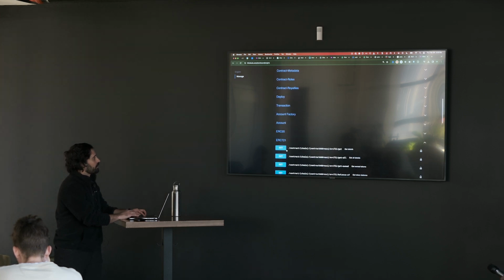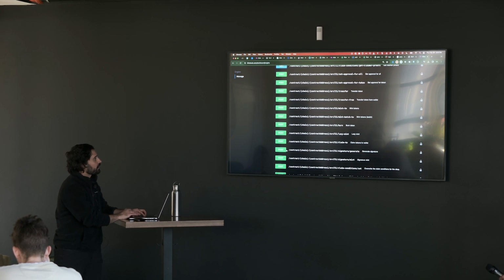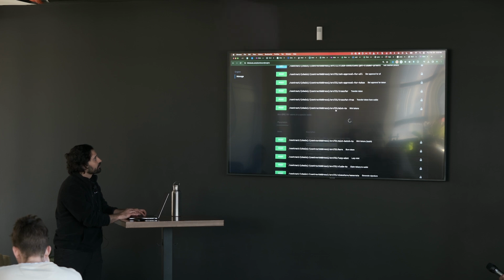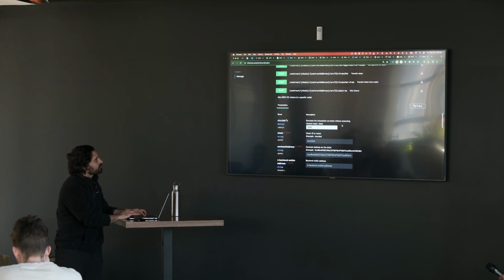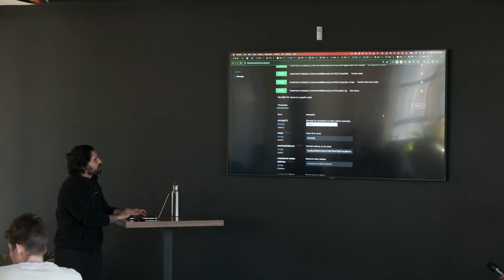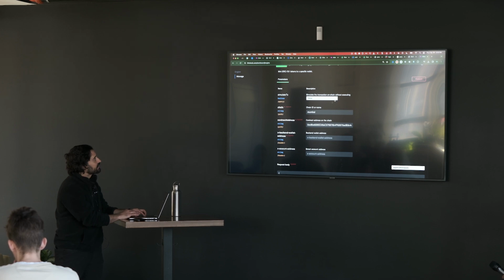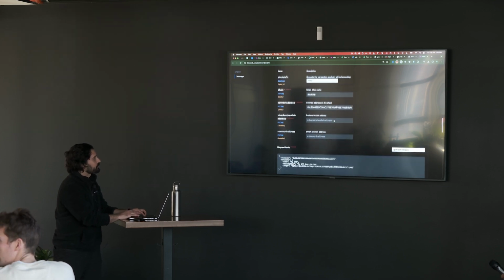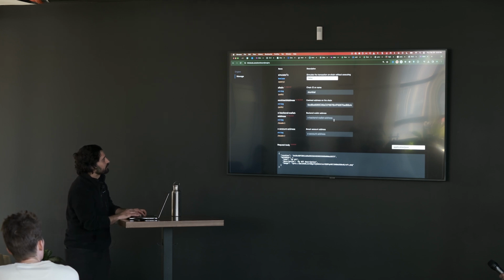So if we are thinking about doing a mint here, it's as easy as clicking try it out, and then passing in whatever the parameters are, and we can mint it directly.